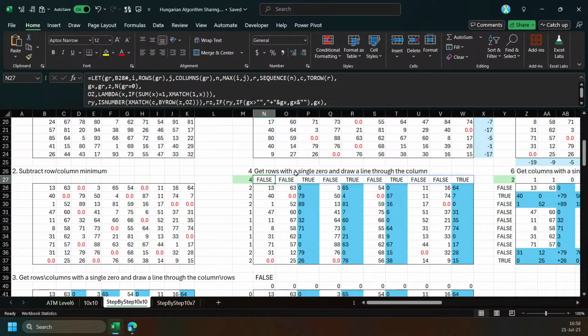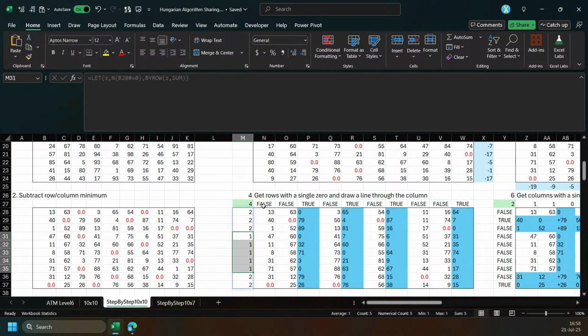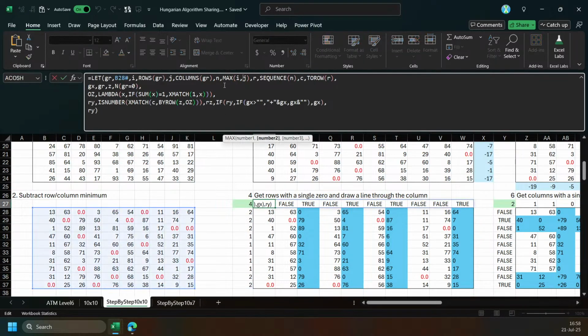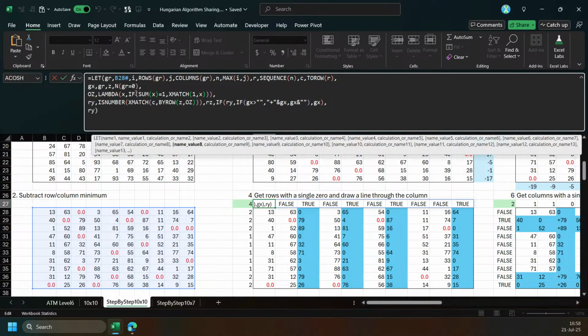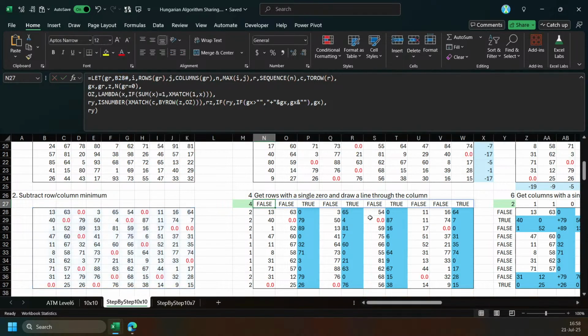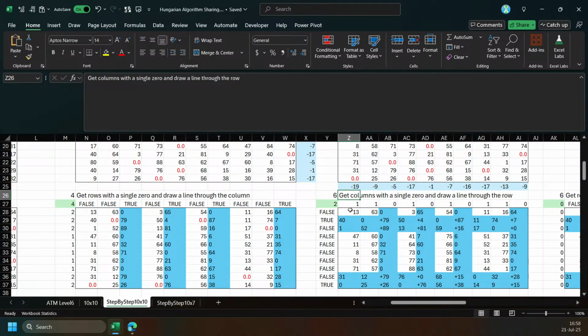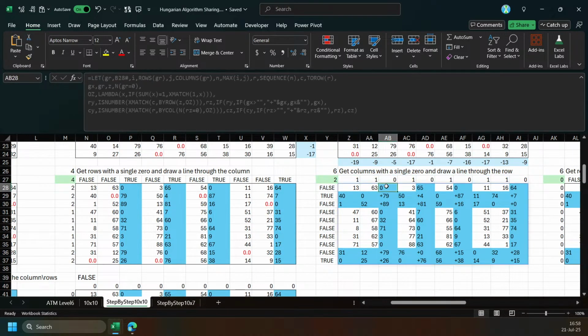And the formula I use is I check if it's equal to 1, and if it equals 1, I will look up the 0 on that row. So these are the functions I use. So I check if the sum of x is equal to 1, then I look for this and find which column it says, and so I got this. Next step is the same but in column, so find out how many columns have 1 zero, and after crossing that line,